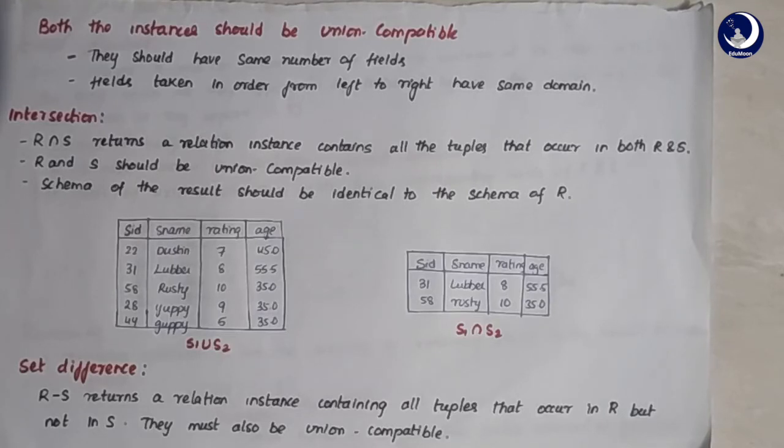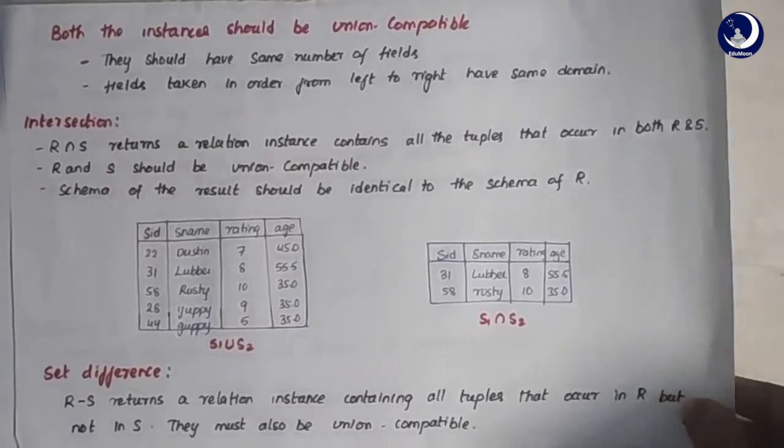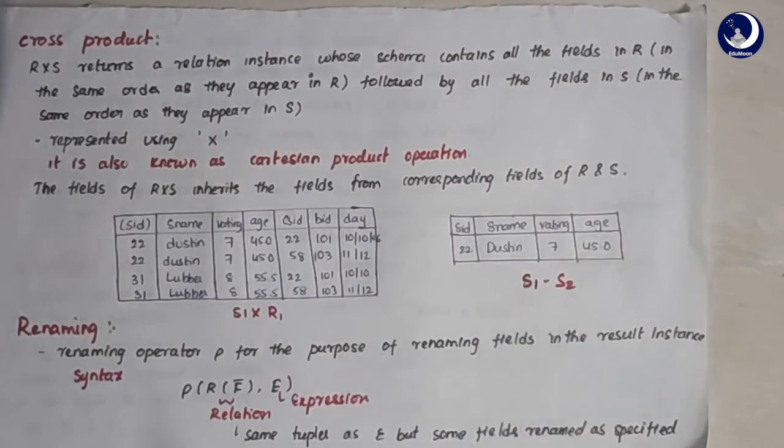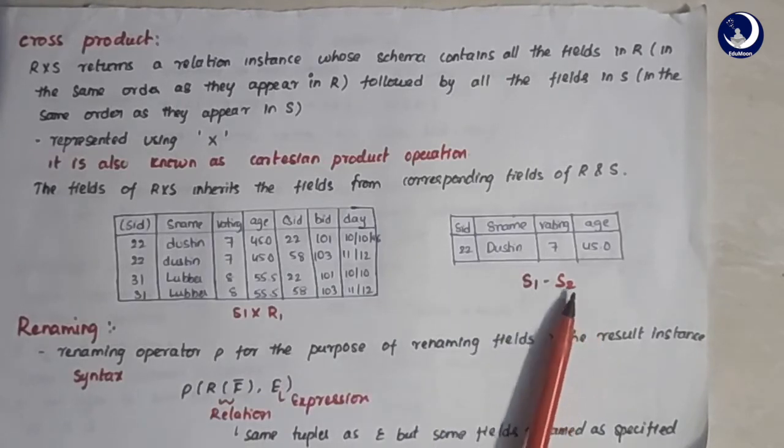See, this is the same operation that we perform in mathematics, like the set difference operation returns the elements that are present in A but not in B, right? So this is the same thing. There is nothing that you don't know in these operators. So here we are performing this operation S1 minus S2. Here the common fields between S1 and S2 are removed and the uncommon fields that are present in A are returned. Here Dustin is the only field that is present in A and it is not present in S2.